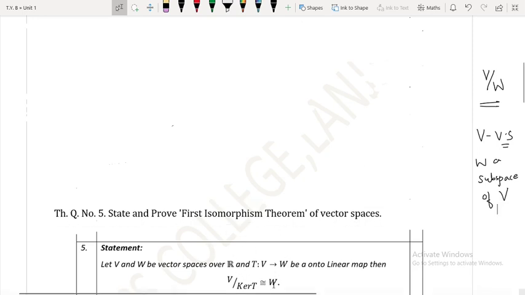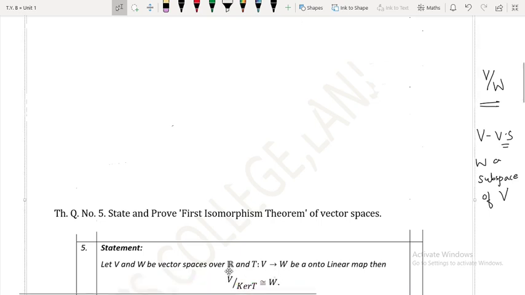Now coming back to our theory question, V is naturally a vector space, and the kernel of T is a subspace of V. Therefore, clearly, V mod kernel of T is a well defined quotient space. Remember, whenever you come across a quotient space V mod W, it is clear that W is a subspace of V, because without that the quotient space is not well defined. Now we have to show that these two vector spaces, that is V mod kernel of T and W, are isomorphic.